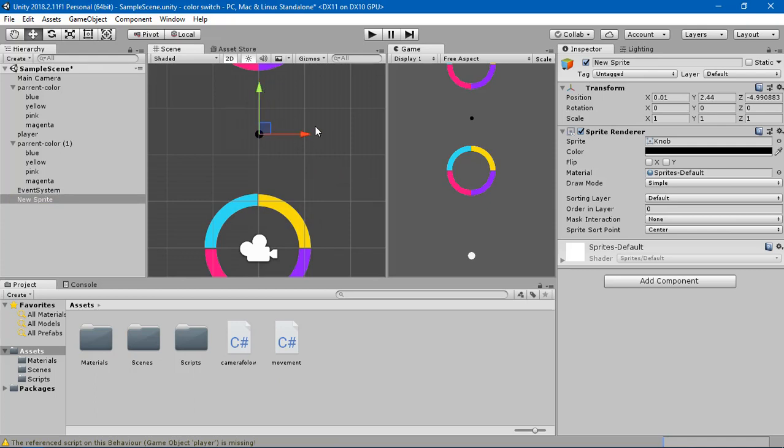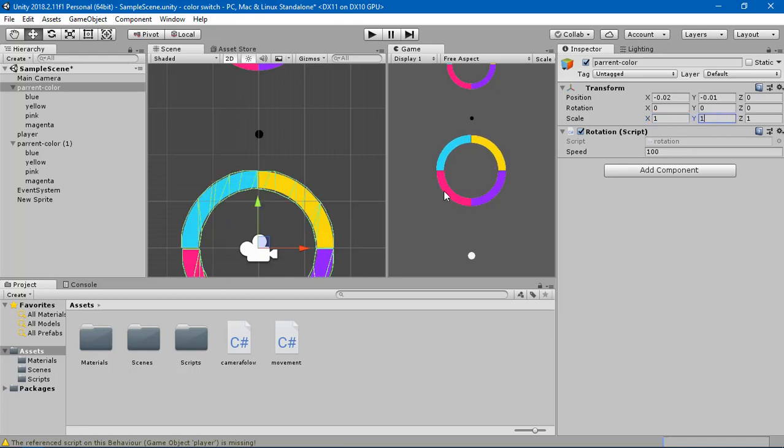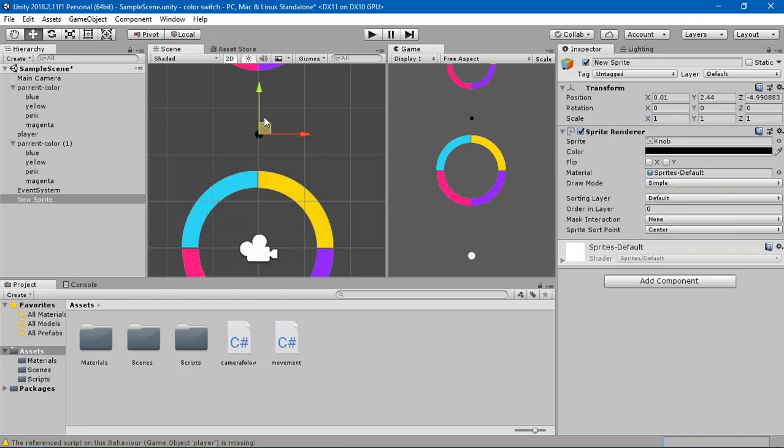So it lies in between these two. So whenever the ball enters this one here, it simply changes the color, and I'm going to do this so that I can play the game. Sorry about that, and I will name it color changer,